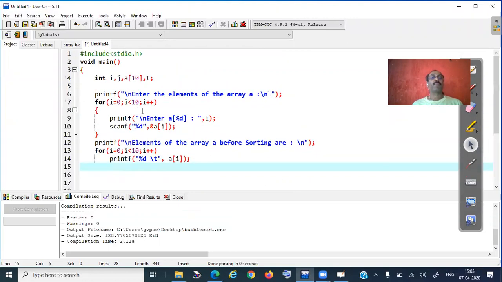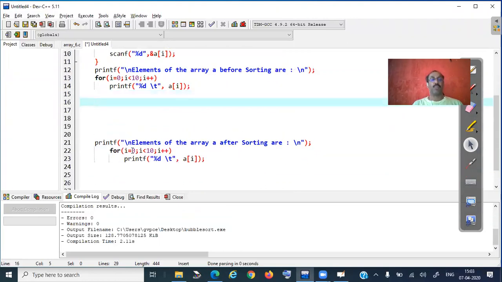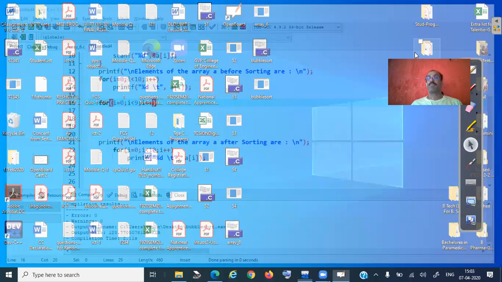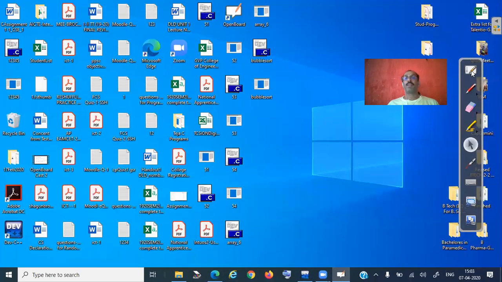For this I need to write the code. For the outer loop, we need to start from the first element, and till where do we need to check? I need to check till the last but one element. So I need to check i less than 9, i plus plus. Why do we need to check only up to that? Because if you observe the code here,